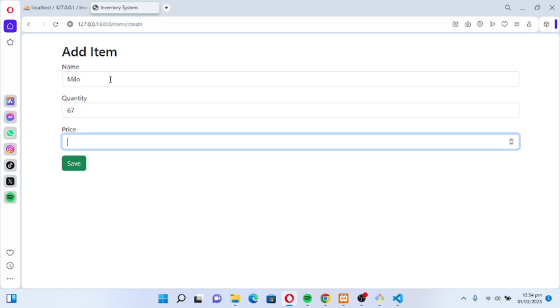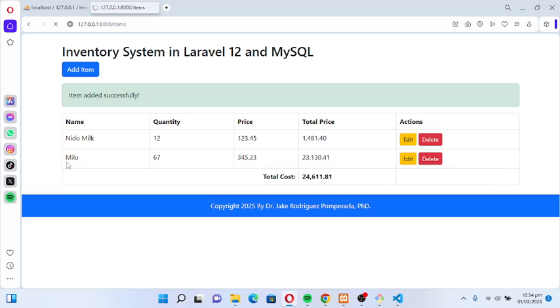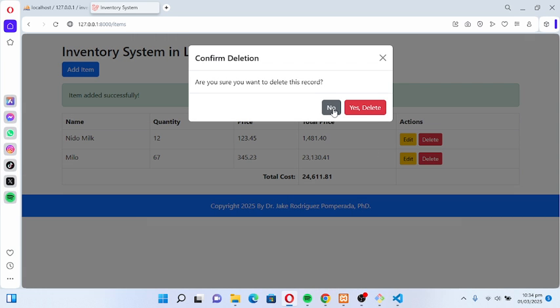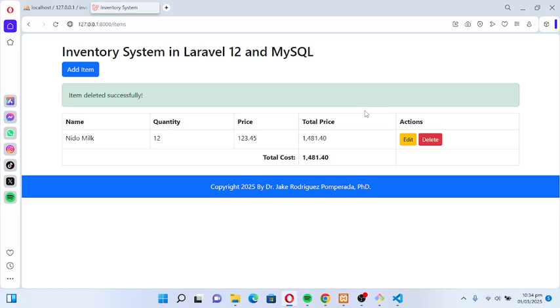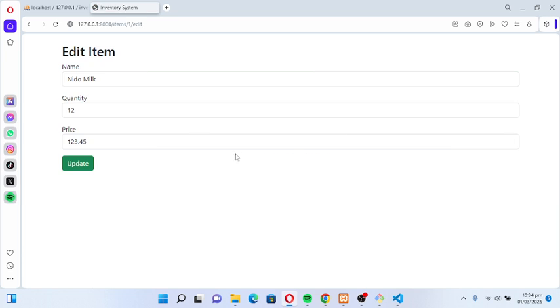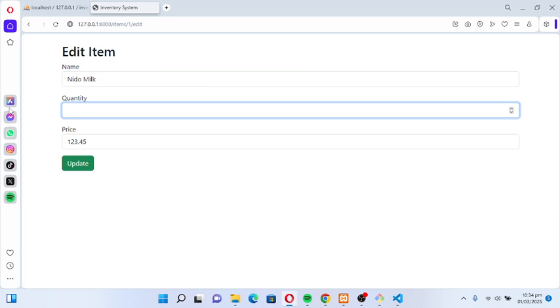Let's say 67 to 345.23. Save. Okay, we have here the total sum, total price. And then we can delete the record. We can edit. Let's say the quantity. Instead of 12, we have 15.